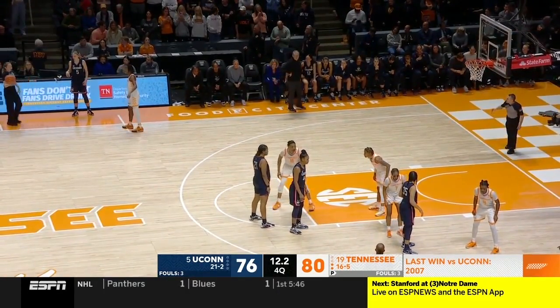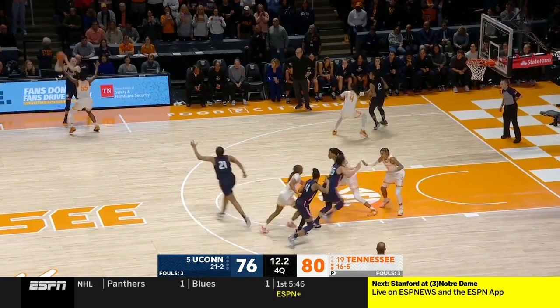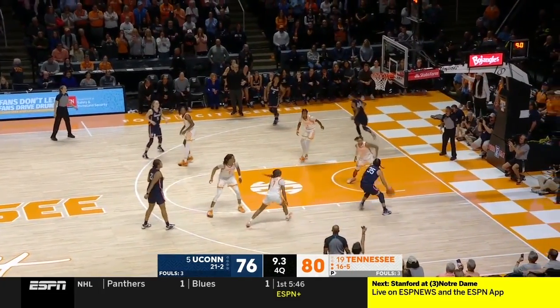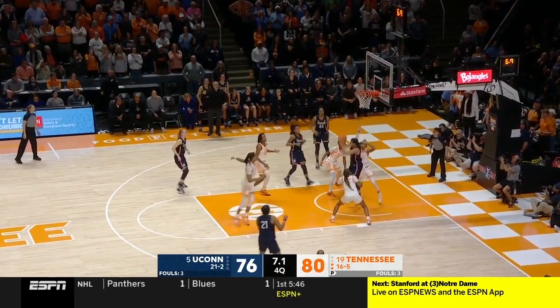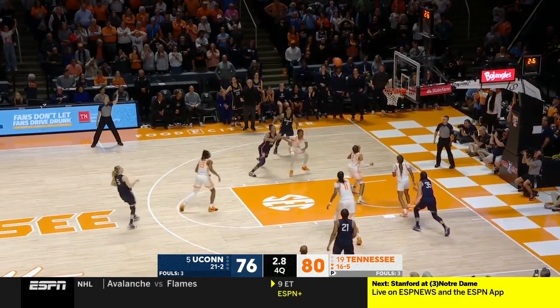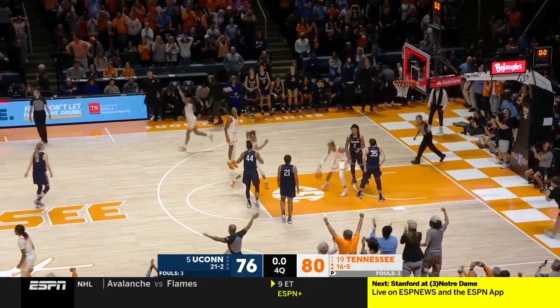Paige Beckers to inbound. 12.2 remaining. Tennessee leads by 4. Here is Strong off the inbound. Connecticut has to move quickly. Back door. Fudd unable to lay it in. Kicks it out. 4 seconds left. Beckers hoists. Can't hit. And for the first time since 2007,